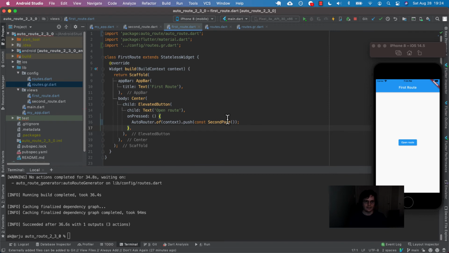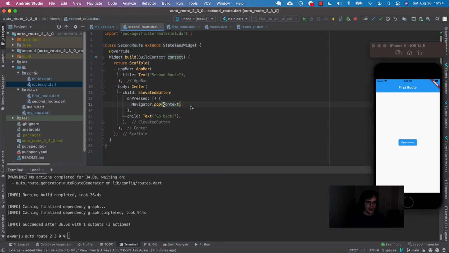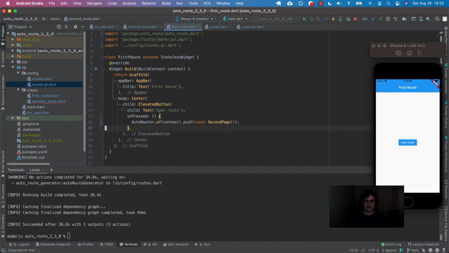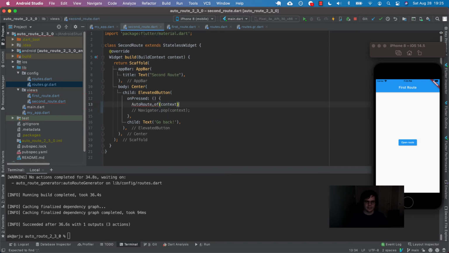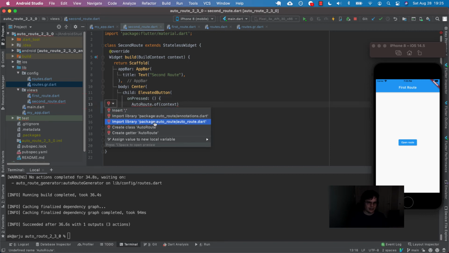That's great. Now on the second page, if we want to pop back, instead of using navigator.pop, which still works, which is nice, and this really isn't too bad, but because we're using AutoRoute, the package, let's be consistent. So how do we pop off the thing? Let's say, again, AutoRoute.of, and then what was it? Context? How do we do that? Yeah, context. Okay, I need to import this, right? Import, not the annotations,